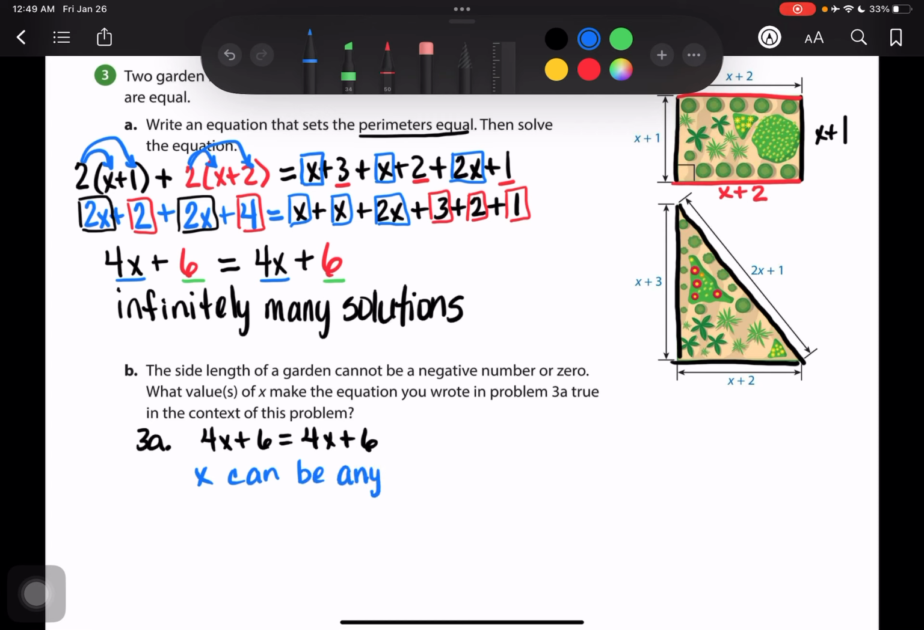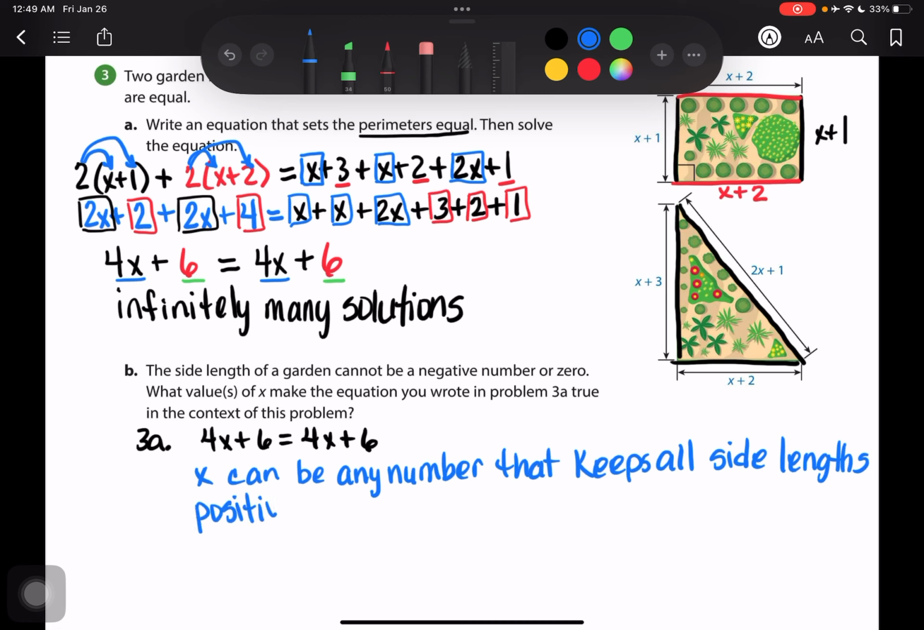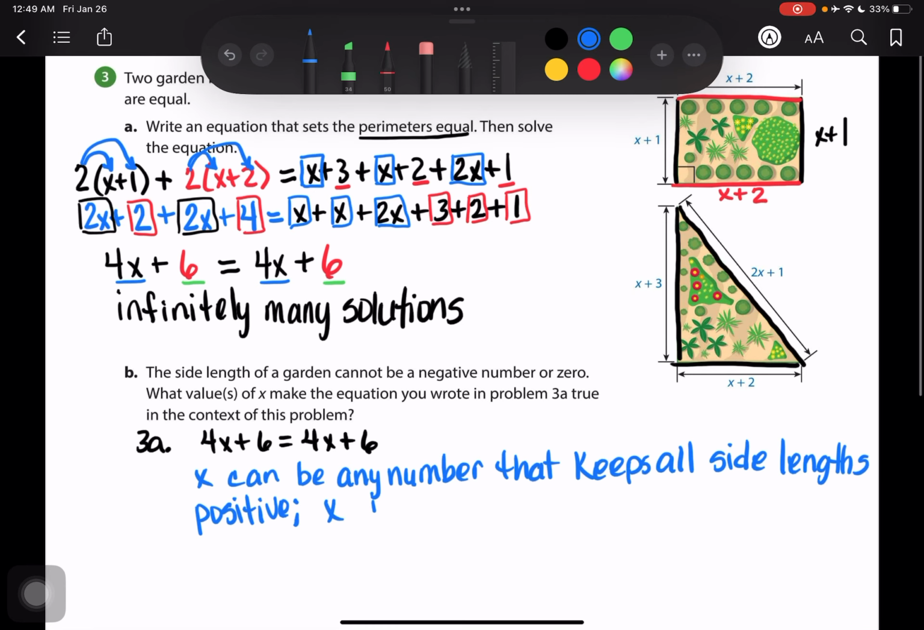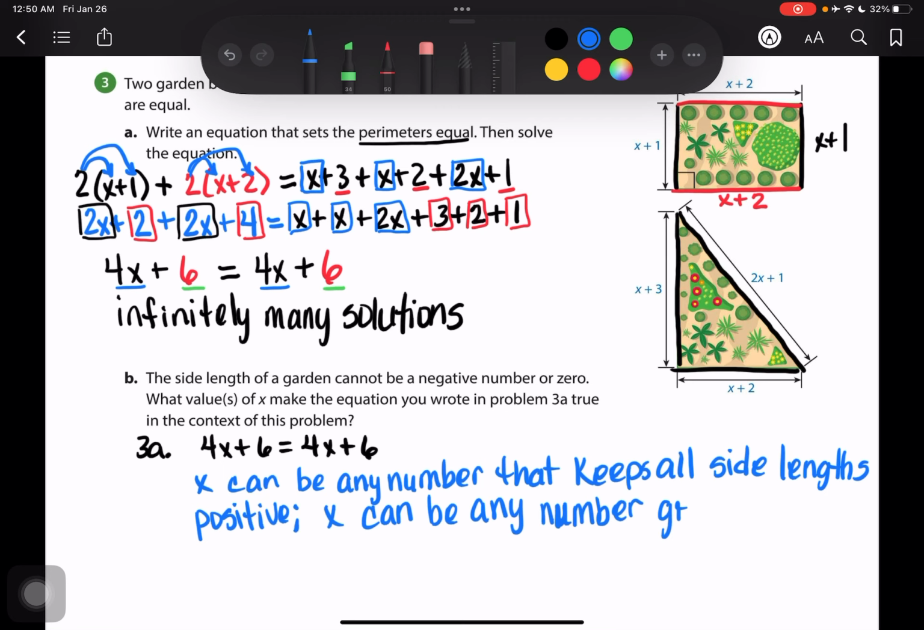that keeps all side lengths positive. x can also be any number greater than a negative 1/2